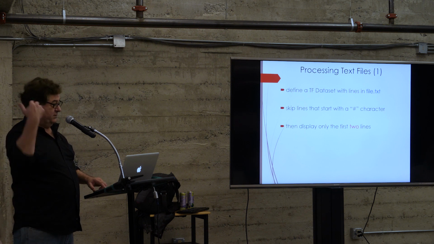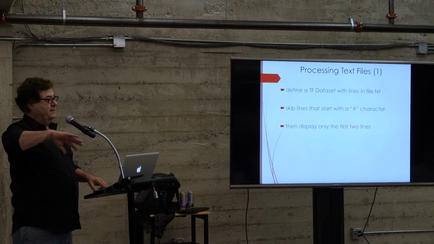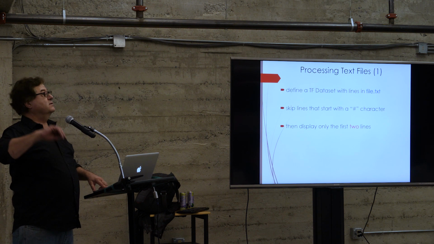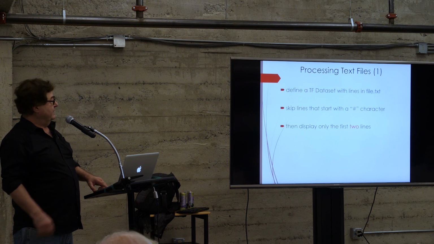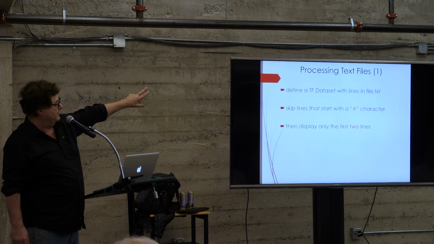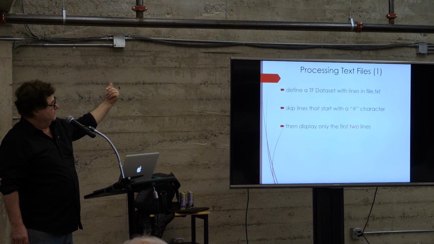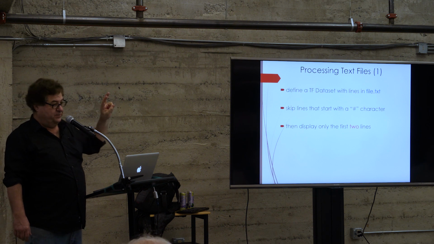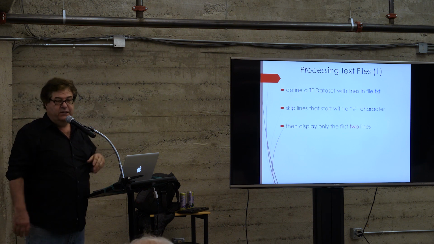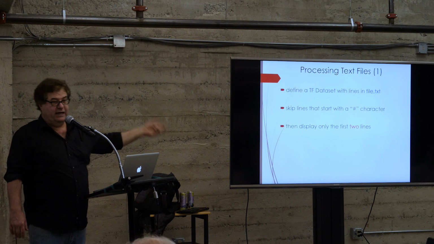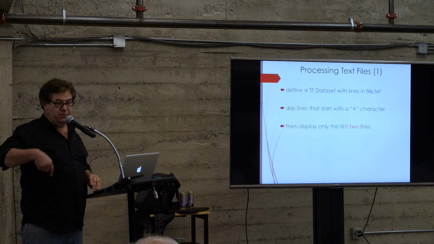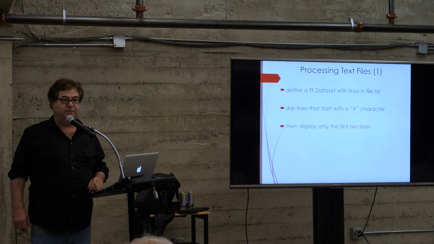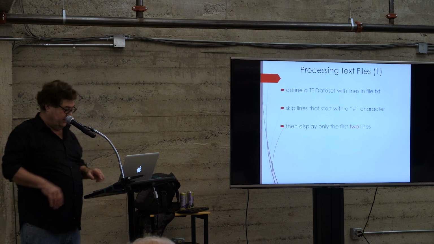Now you can also work, as I mentioned, with data sets for the pixel values for images like MNIST. You can also work with text. As an example, I'll just describe the task. We want to take the lines out of this text file where we skip the ones that have a pound symbol. That would be like a comment. And then take the first 2 after that. So we want to find and display the first 2 non-comment lines of a text file. Why, I don't know, just for purposes of illustration.